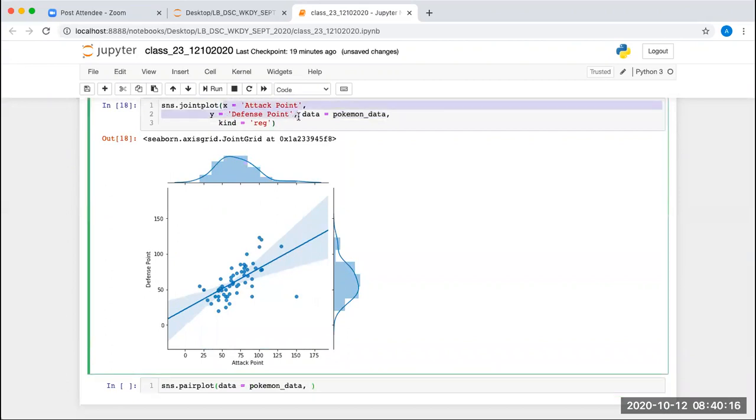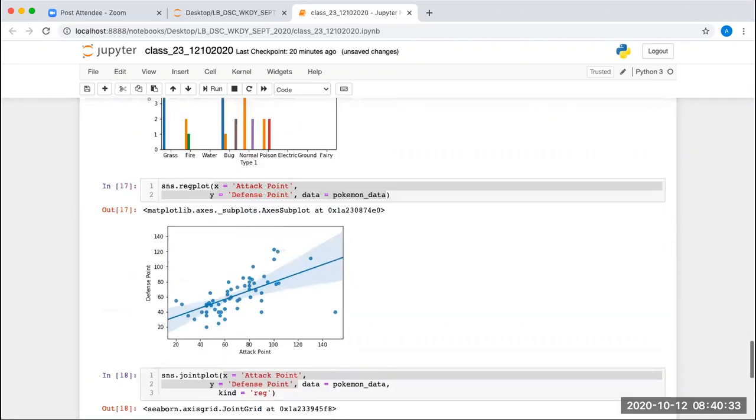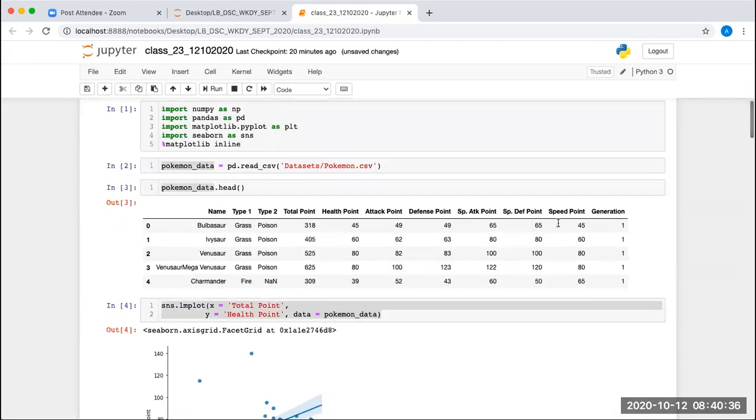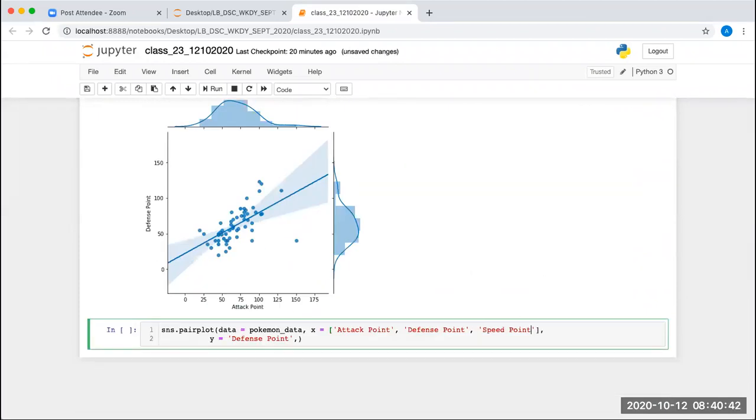X will be a list of values. So it will be attack point, then defense point, then speed point, and the last will be the total point. Okay, fine. And the plot which we are going to get here is, let's say, kind attribute. So kind is equal to regression, we are going to get the regression plot. Execute this.